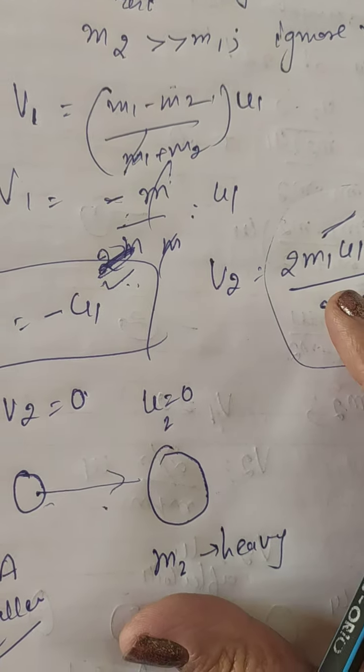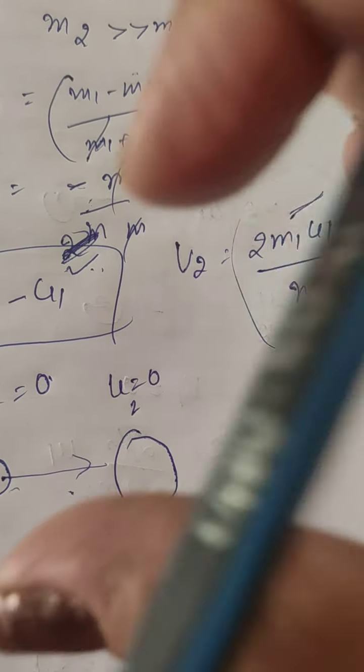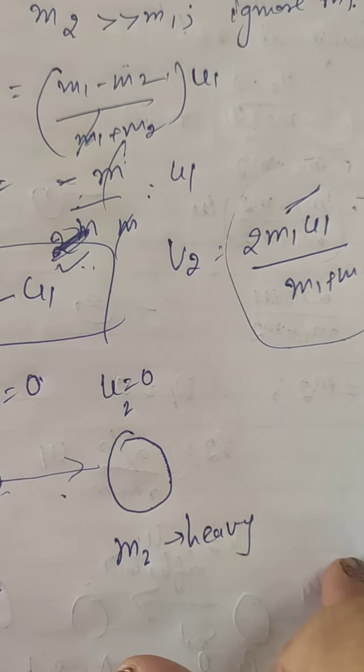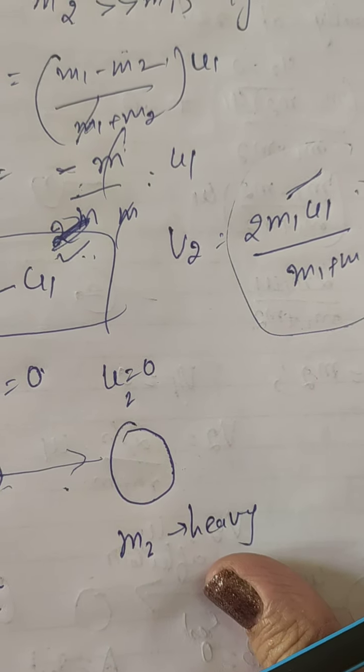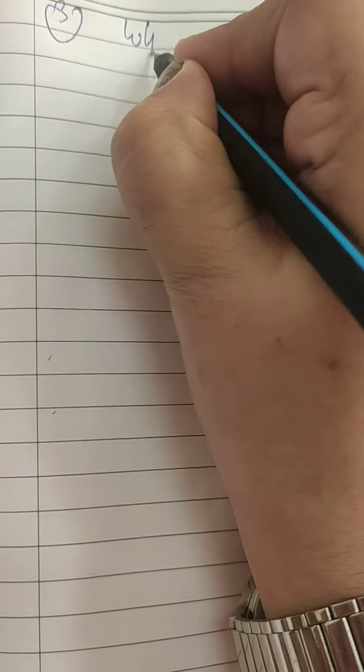This is the example of the rebounding of a bouncing ball. You know that when you throw the ball, it comes back. There is no effect on the floor, which is at rest and also very large in size. So the ball bounces back. Now the third case is when body B at rest